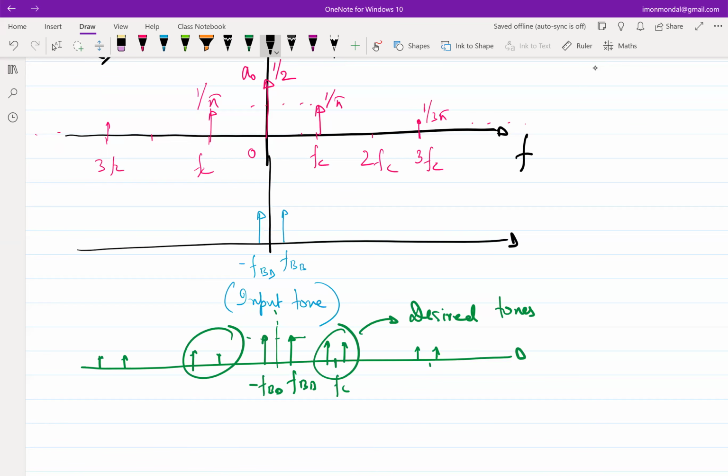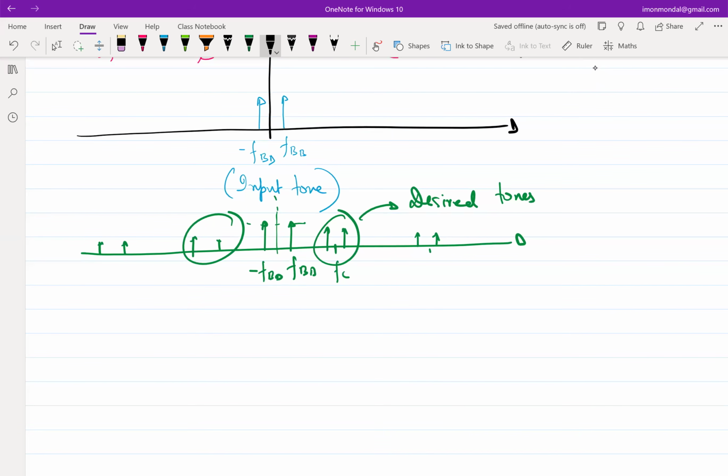So that information is only embedded in SD of t, right? The frequency translation is in SD of t. So all I will do is find out the corresponding tones, which give me the desired frequency translation in SD of t. That will correspond to the desired part. Everything else is the undesired part. So I'll divide the desired by the total. That will give me the efficiency, right? So essentially what I'm looking for is the strength of the tones at FC divided by the strength of all the tones, right? So efficiency, in this case,